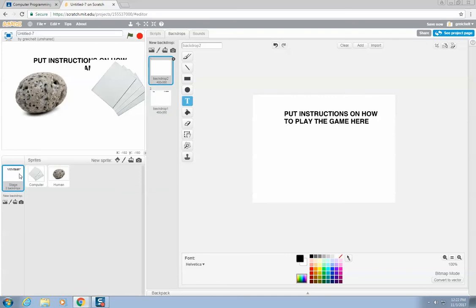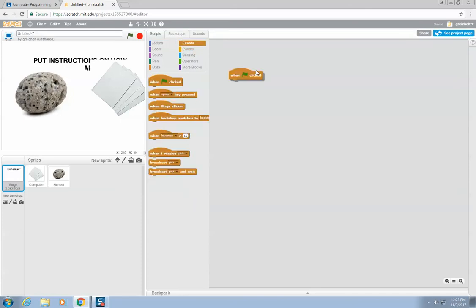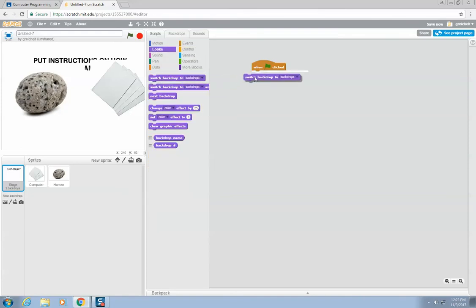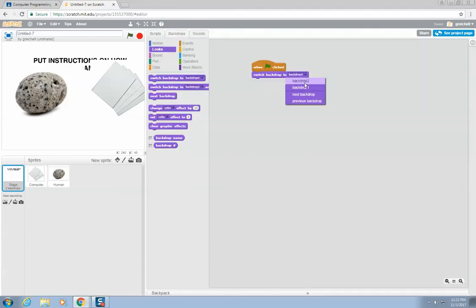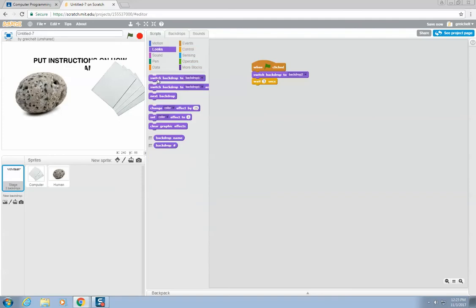So what I would do is, let's go to the script. I might do an event when clicked, and then let's go to looks, and we want to switch to, I think it's backdrop number 2, which has the instructions. So we would switch to backdrop 2, wait 5 seconds, and then have it switch to backdrop 1. Okay, so now when I hit this, it puts the instructions on for 5 seconds, and then